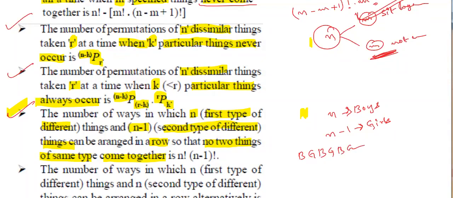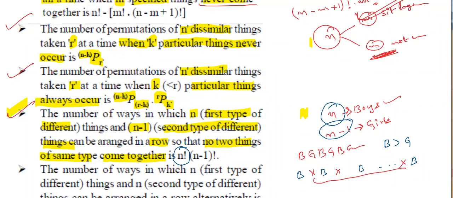Okay. So here, observe that n boys are there, n minus 1 girls are there. Comparatively, boys are more than girls. So first we arrange the boys. How many boys are there? N boys. N boys can be arranged in n factorial ways. Remaining n minus 1 girls can be filled in the middle of the boys. Don't choose the corners, that cannot exist. So these are possible. Okay.